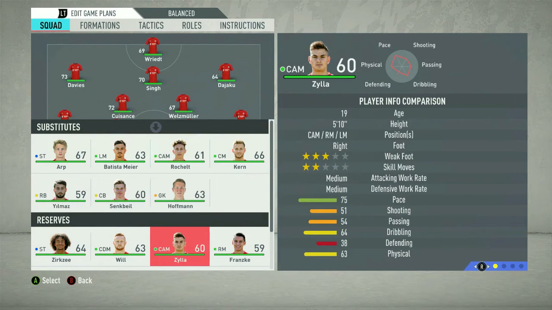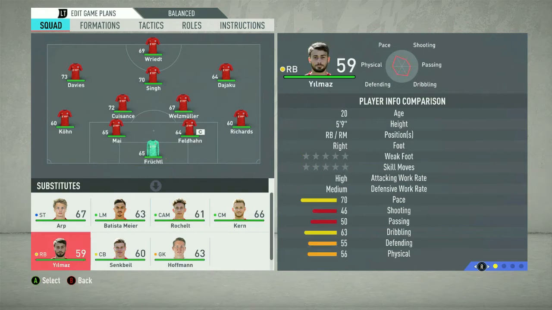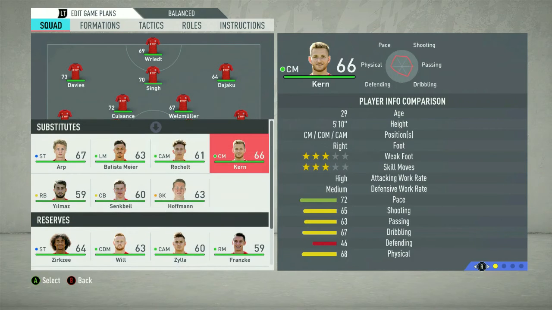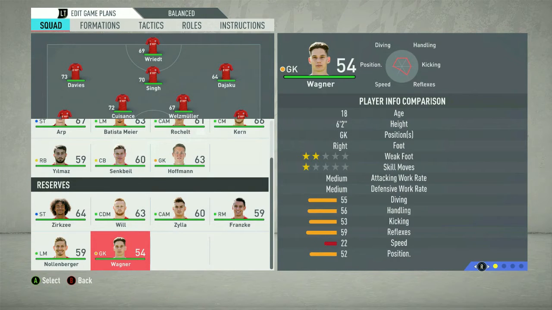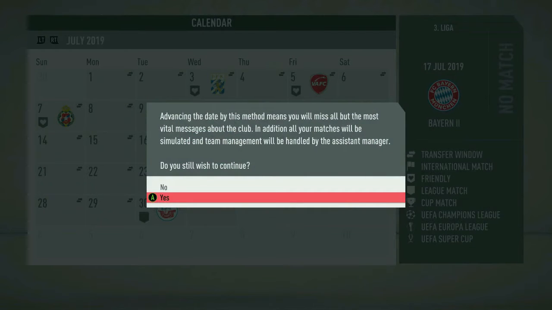Obviously Xerxes, Will, Zila. Just had a thought actually. Maybe we play Kern at centre mid, and then Veltmuller. I don't know. I think I'd prefer Kern because he's a centre mid and he just looks like a solid player. So with the preseason tournament, I'm just going to sim all the games,